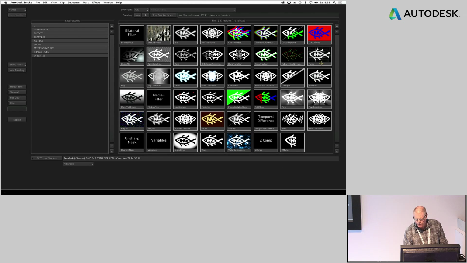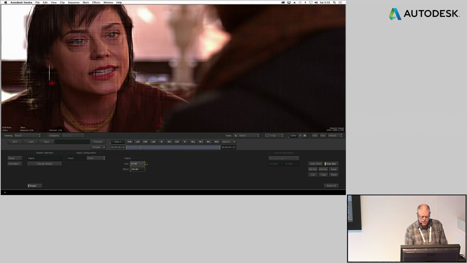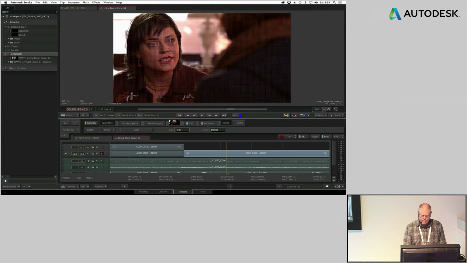I come in here and I select the fabric, and now you can see as I start to adjust this, we now get a fabric effect to the clip. So the point is the Matchbox tool is a very versatile and powerful tool, and now it's directly in your timeline. Okay, moving forward, I want to talk a little bit about what's called Connectfx, because if you've never used